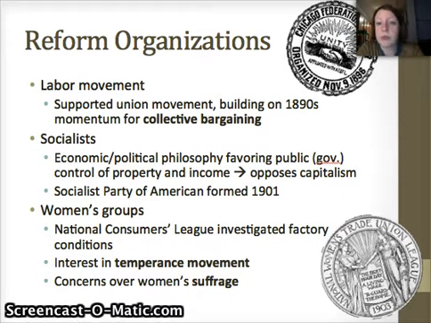Finally, there are several women's groups that develop during this time that are not necessarily interested in women's rights, but are opportunities for women to get involved in social issues, which then starts to kind of build some momentum for the later suffrage movement, which we'll get to soon. One of these, an important one, is the National Consumers League. So looking at women as the people who are primarily making the buying decisions for the household, the people who buy the food, the people who buy the clothes, the household tools, things like that.